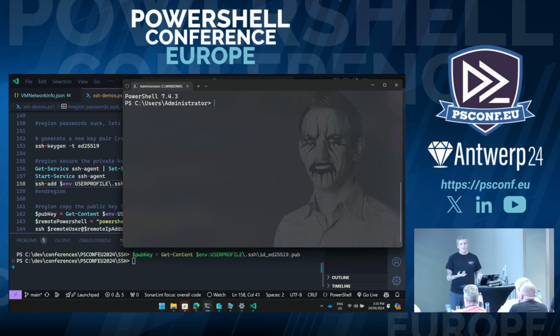And I've connected. So what I've done now is I've set up my secure authentication to this machine, and I've removed any trace or any available access to that private file that someone could steal and then try to mimic who I am. So this is a really, really strong and secure way of doing this.